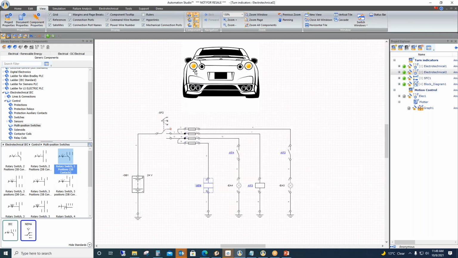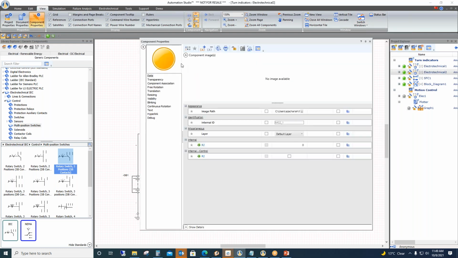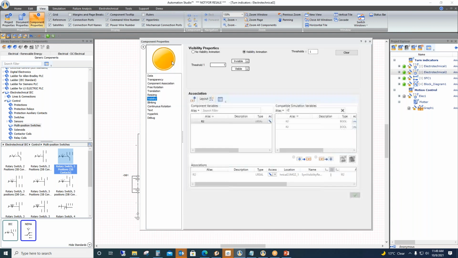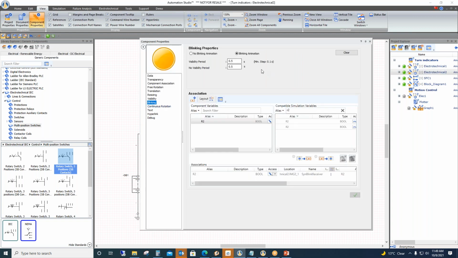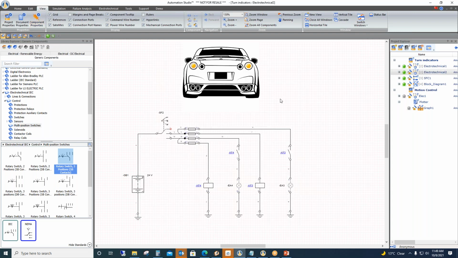The output of this coil R2 we have linked to the visibility variable of the CAD. Along with that we have given one blinking animation, so the light will be blinking for 0.5 seconds.